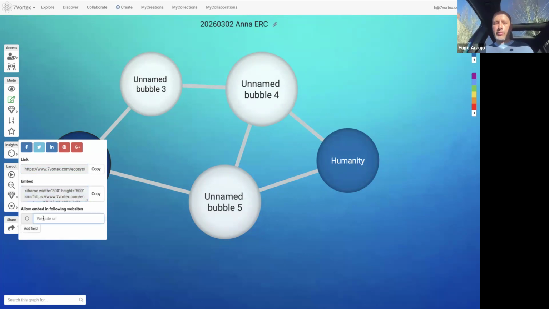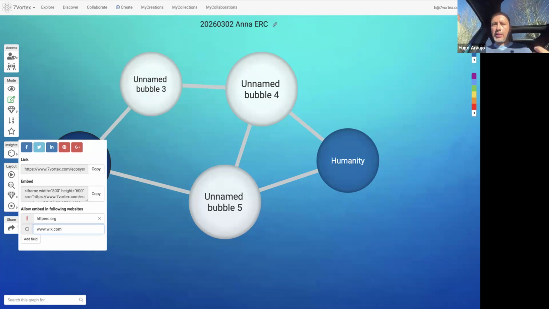You copy it, and then here you add the file. So for example, if I want to do it in erc.org, I have to put the HTTP, all the website there. But I also need to do it for the server. In my case, for example, I have Wix in some websites, so here I have to put also Wix, which is the server, right? Like Notion, I think, will be what you're saying, but I'm not sure. So you just have to put both, the website and the hosting of the URL.